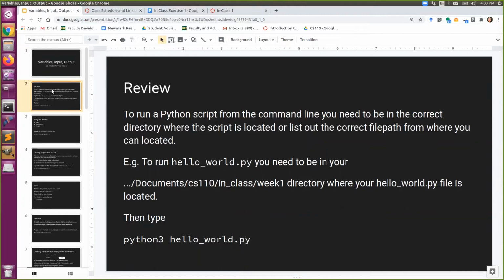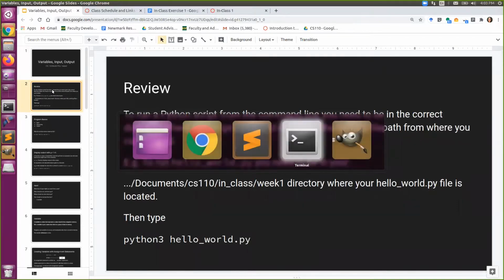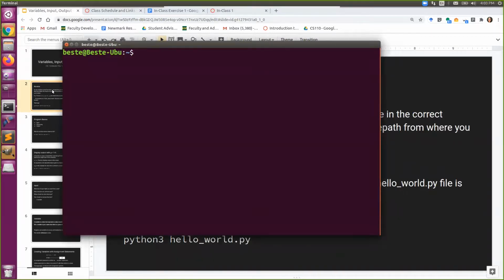I want to do a bit of a review of what we did at the end of last lesson. If you remember, we did two things. We ran the Python code in two different ways. So if you go ahead and open up the terminal, the first thing that we did was we went into